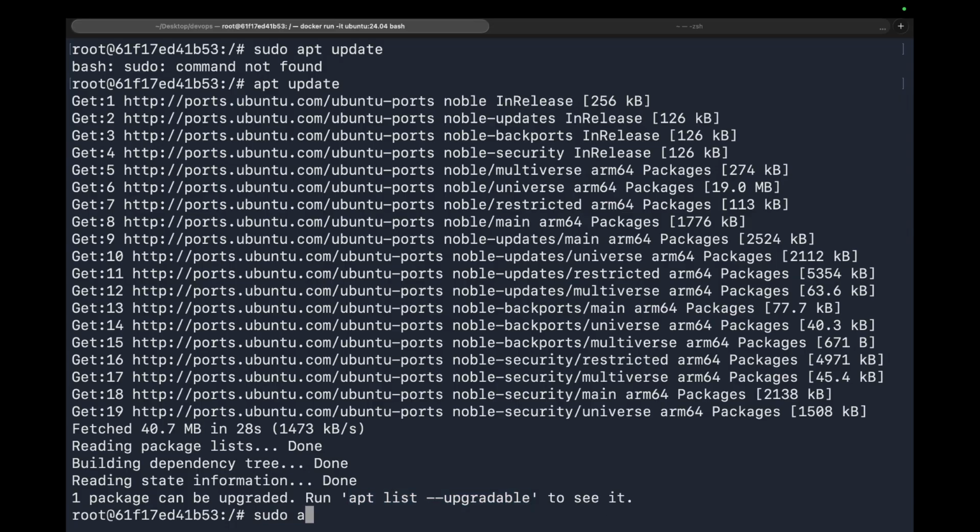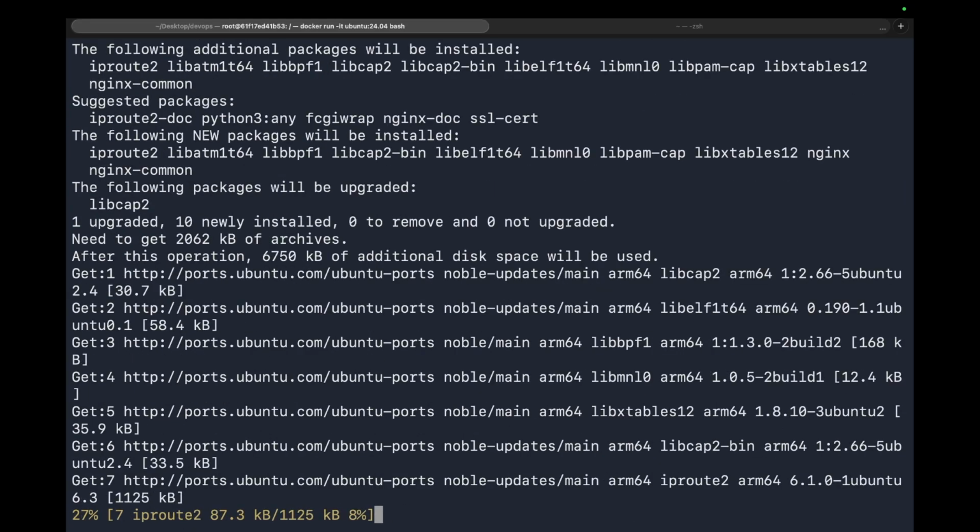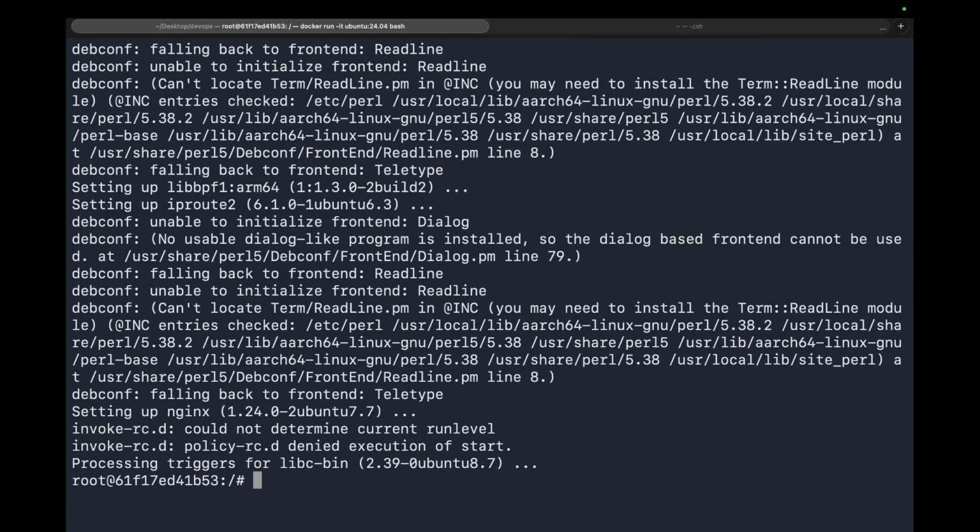That will be sudo apt install nginx with the -y flag. Basically, the -y flag auto-answers questions like yes/no prompts, which is how you write it in a script you want to run, because it auto-replies for you. So let me actually show it installing. It's installing nginx. Okay, so now that it's installed,